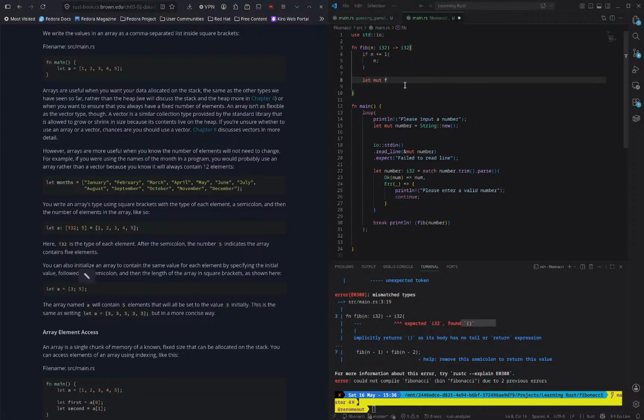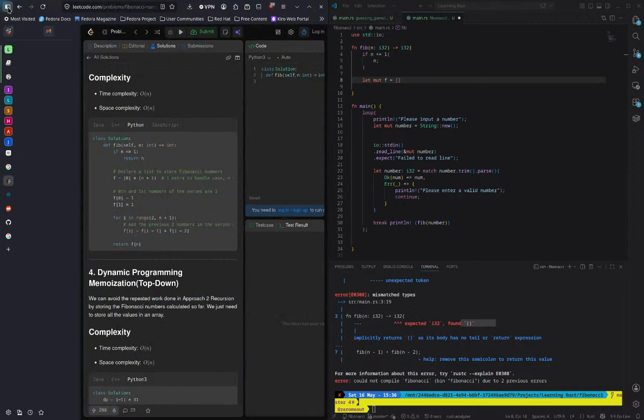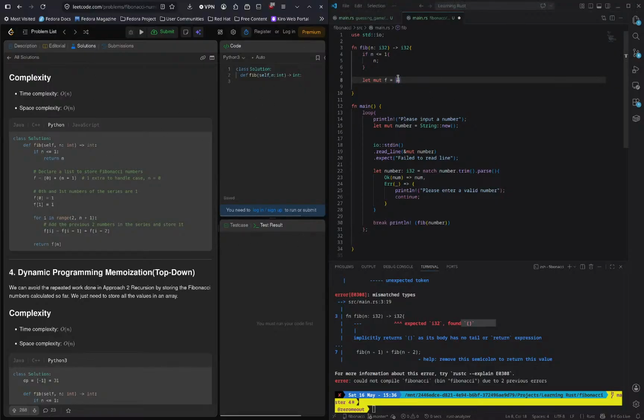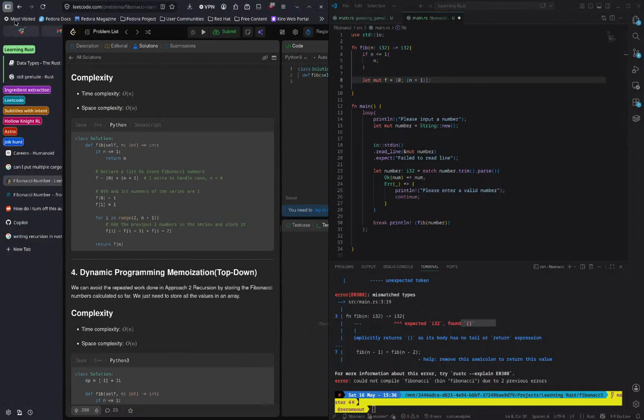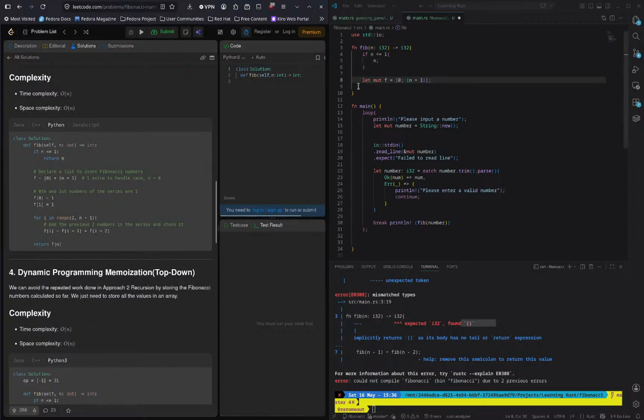Okay, here it is. Can you write an expression inside there? I think you can. That would be 0, then a semicolon, then n plus 1. Yeah, I'm correct. And then